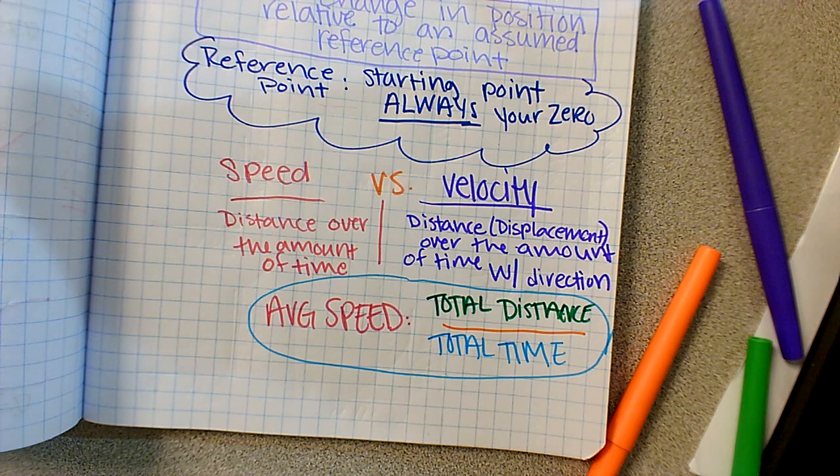Okay, so those are the key things for speed, okay, and motion. Those are really important for you to remember. Remember that velocity is speed with a direction. It's really all it is. It's displacement over time, whereas distance is, or speed is distance over time. So the displacement, the reason it's displacement is displacement has a direction, right? Otherwise, it's just distance with a